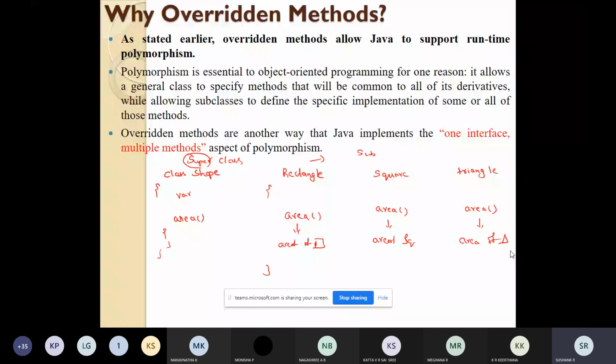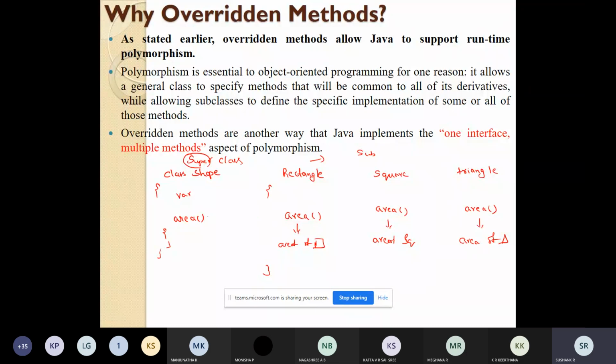So what I did, I created a general class called shape. It has a method and variables. The method, the function area, will compute the area of an object. After this, for this general class, I created three subclasses: rectangle, square, triangle. These three subclasses have the same function name, area.